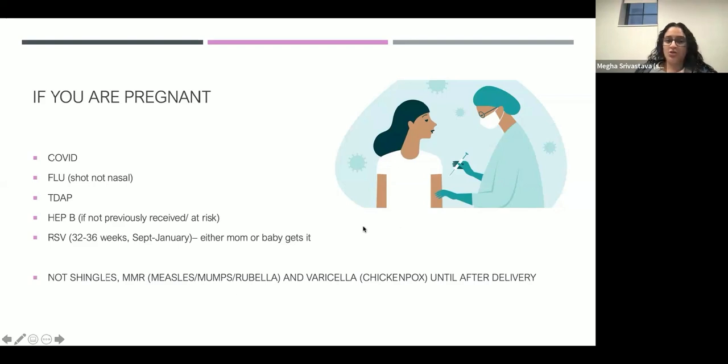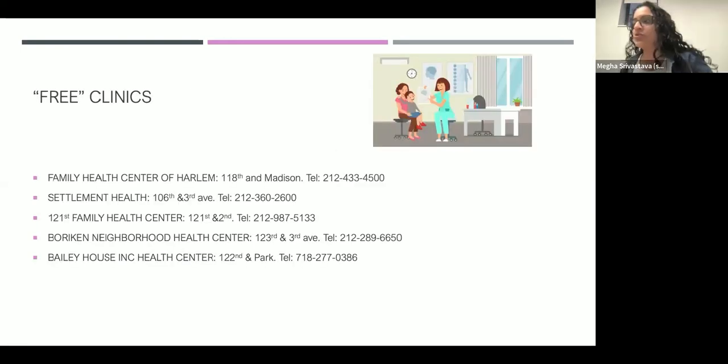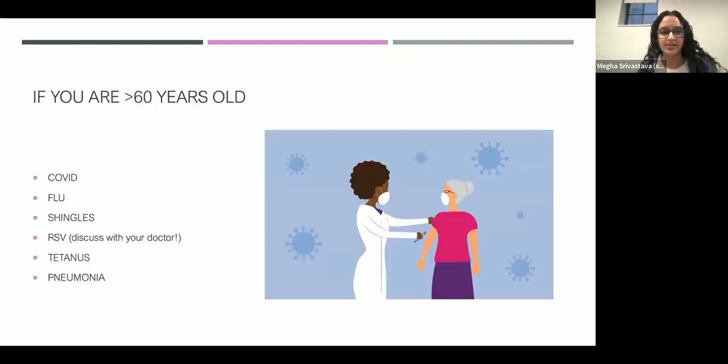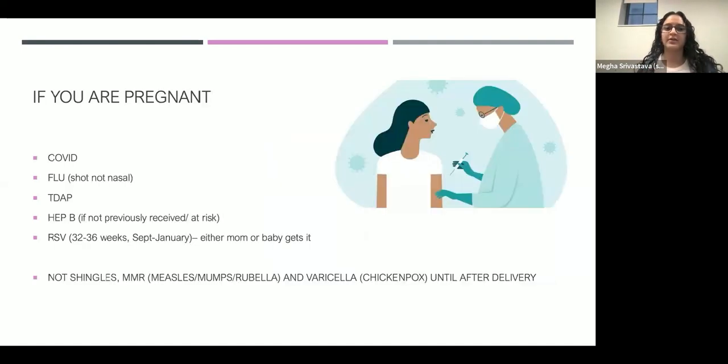For pregnancy, you don't do shingles or the measles shot or the chickenpox shot until after delivery, because those are live vaccines. There are two different types of shots for the pneumonia shot. If you're a healthy 60-year-old, the series that you'll get will be different compared to if you're immunocompromised or if you're younger and you qualify for the shot. Typically it's 2 shots about 8 weeks apart, but that varies.